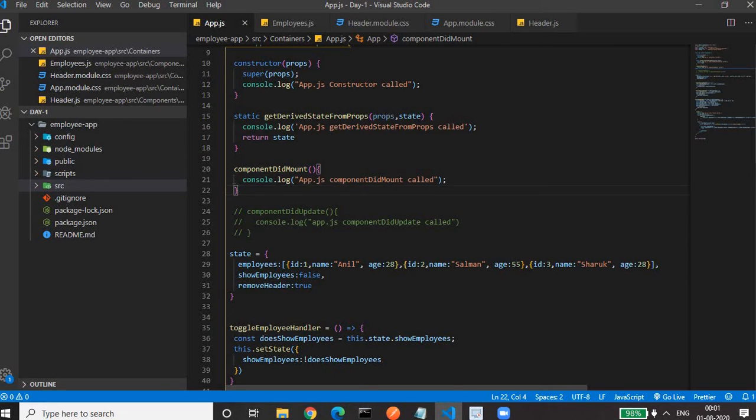So this is the last method which is called once the component is created. During the creation of the component, three methods are executed. One is the constructor, another is getDerivedStateFromProps, which is used to synchronize our state as per the props received, or it can also be used to initialize our state, just as we have done in the constructor. We have to return the state, and this is a static method. Then the final method is componentDidMount, which is called when our component gets mounted or rendered completely.